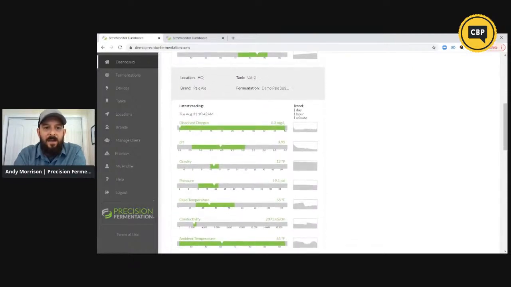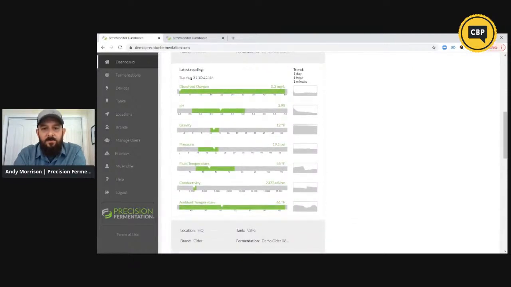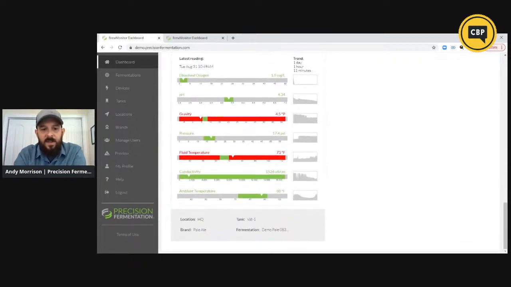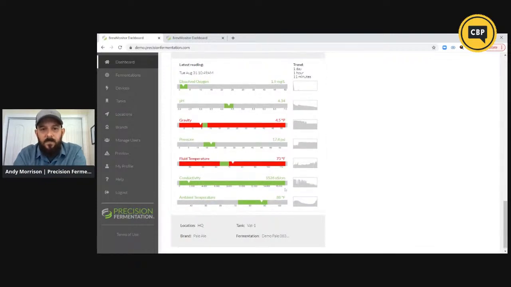Not only do I have that pale ale running, but I have a cider running that's about a day old, and I have another pale ale that's about a day old as well. And on this third one, you can see these green zones on the previous graphs that you've seen, where the different metrics are being read. Two of them, gravity and fluid temperature, have turned